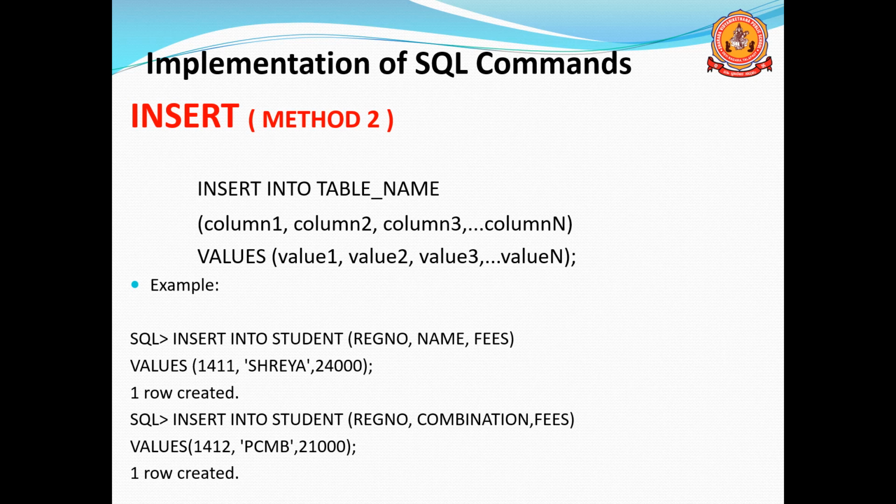In the first and second, you can see the first table and second table. In the first, register number, name and fees are entered. In the second insert command, you can see register number, combination and fees. You can see the combinations; that is the difference. There are 6 columns, but we are inserting only 3 columns. Whatever data you want to insert, you can restrict it. In the second insert command, we can restrict the total number of data. This is about the second insert command.